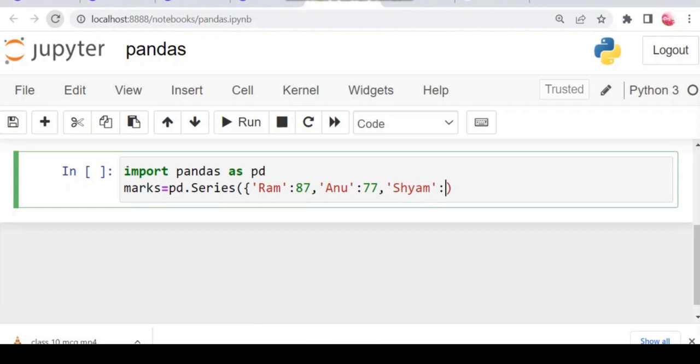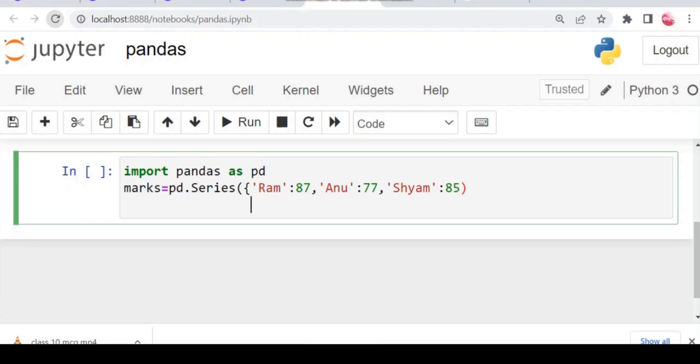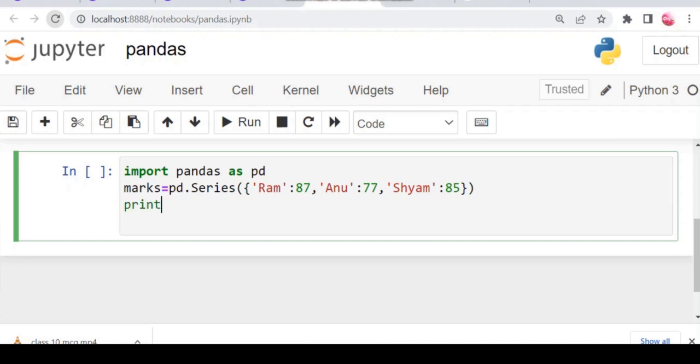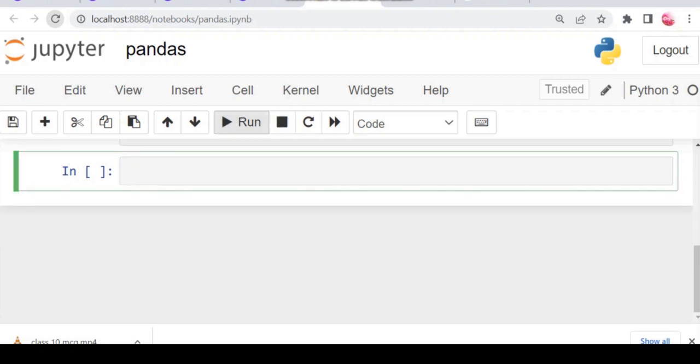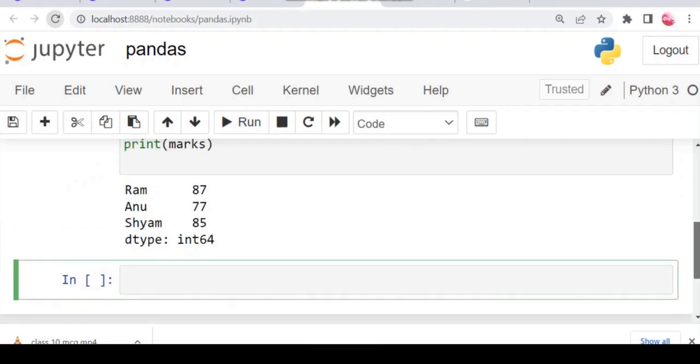Then I will take Anu and the marks will be 77, and then Shyam, whose marks will be 85. Then I will close the curly brace of the dictionary,